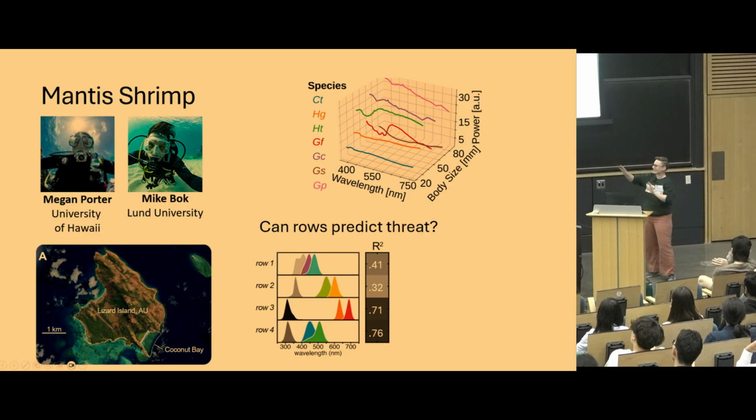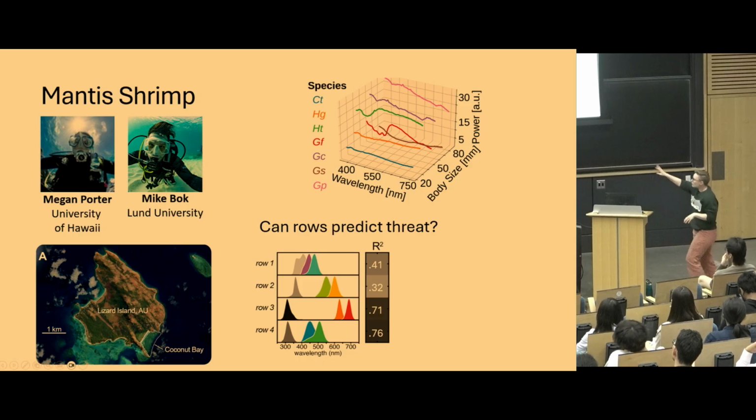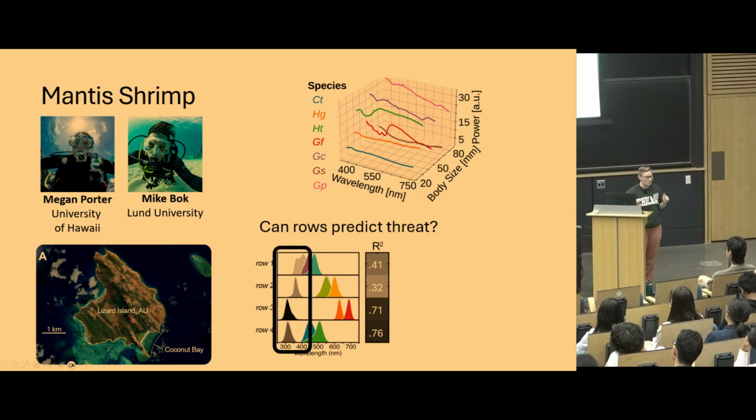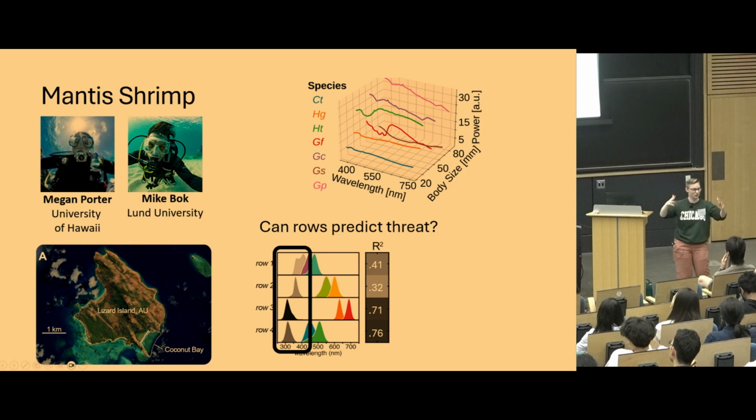So for various reasons I can't get into, we're zeroing in on row 4. But this already shows us something interesting, that row 3 and row 4 stand out as the threat predictors. And what they have in common is really deeply bizarre. So when I told you they've got this weird eye, I skated past the fact that this is a tetrachromatic, a multispectral camera in the UV alone. And the thing that seems to communicate threat most effectively is this UVB photoreceptor.